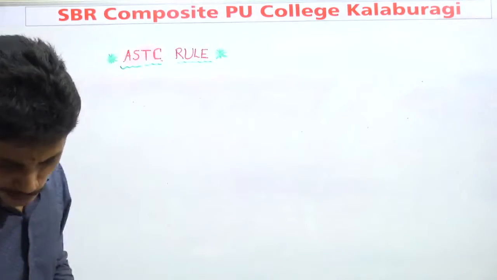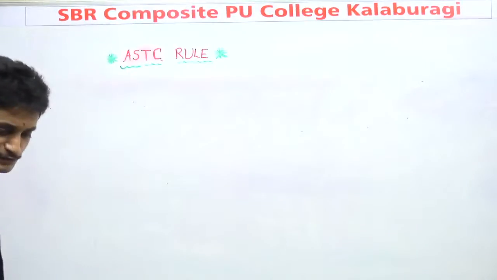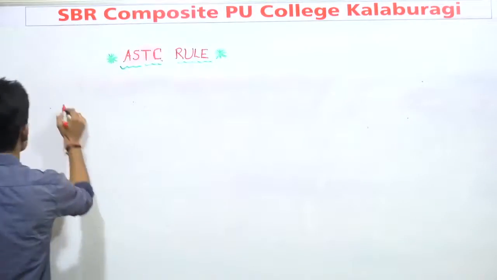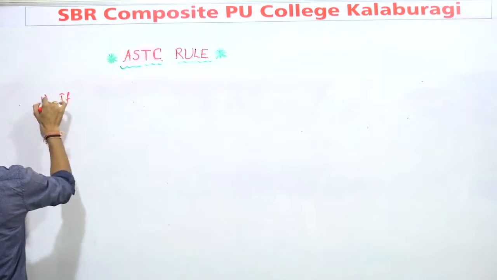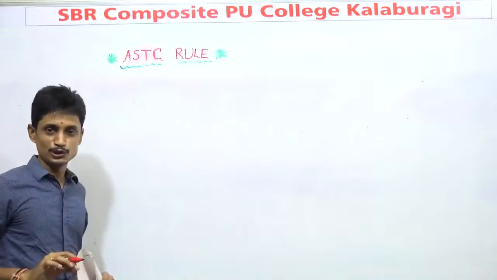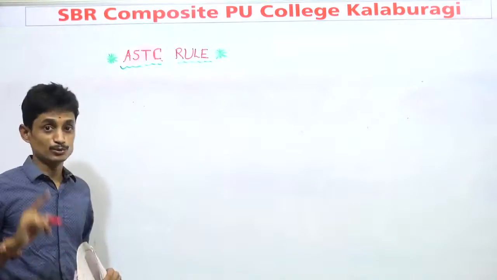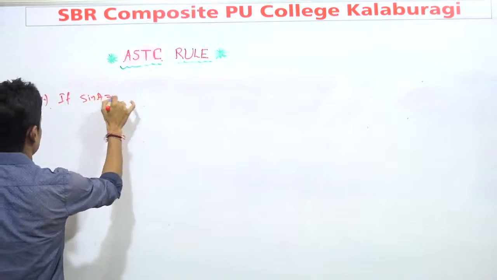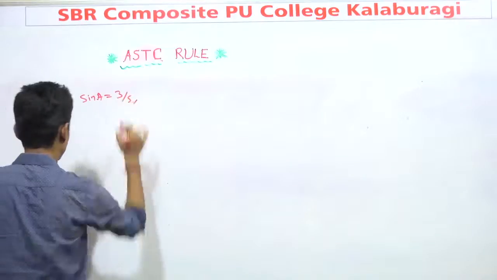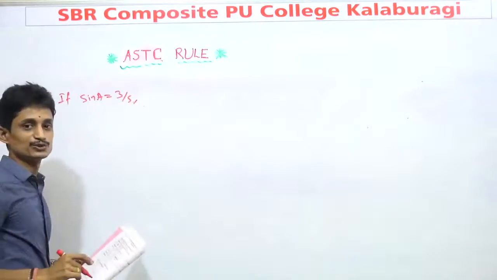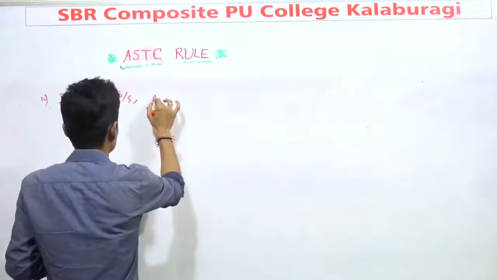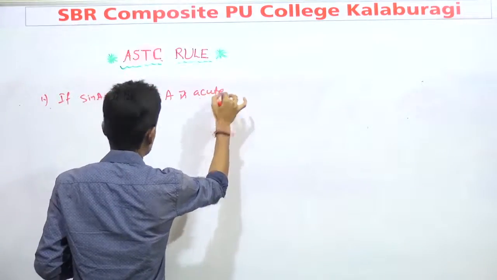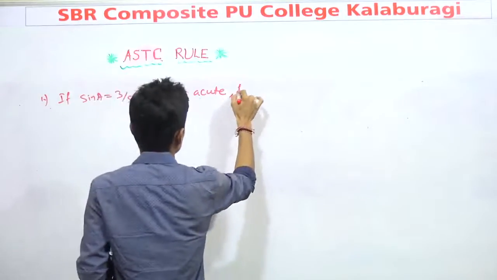The question number 1 is very simple. Question number 1, the first kind of problems I am going to discuss with you, are related to ASTC. If sin A is equal to 3 by 5, instead of theta they use A, and A is acute. Then find